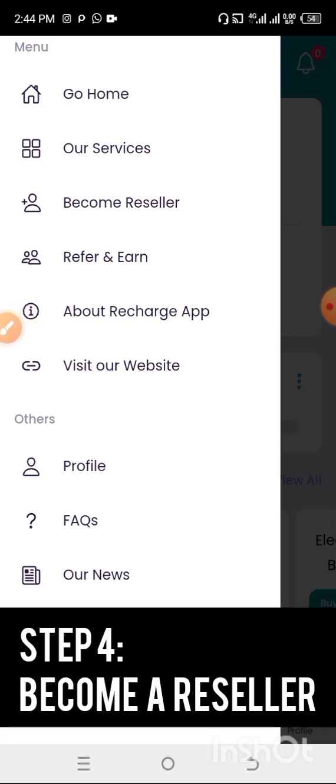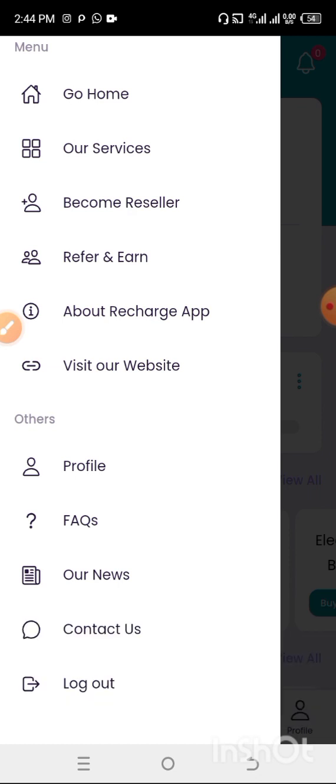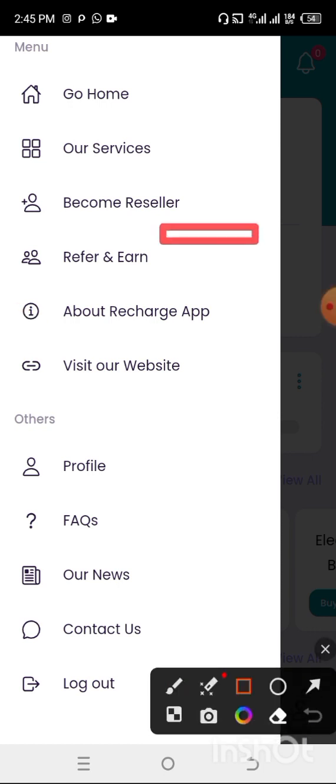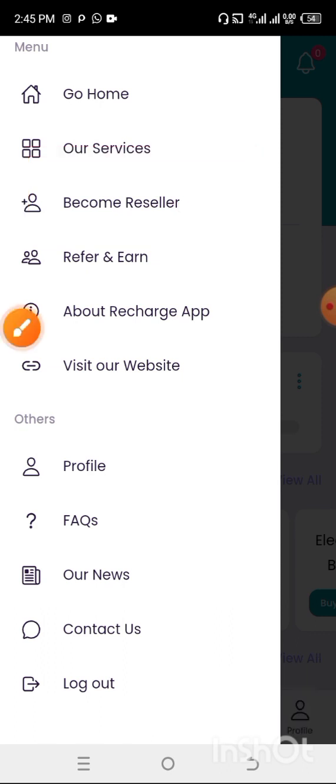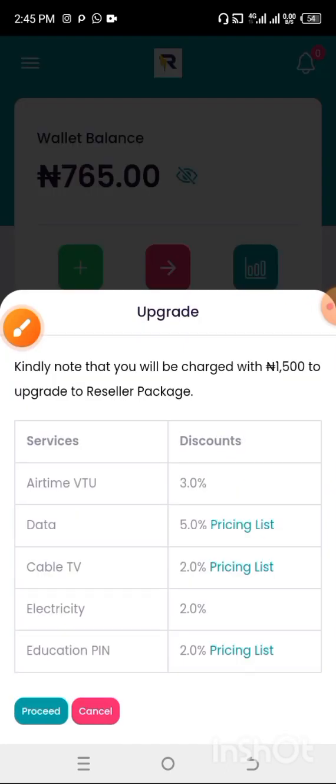So if you want to become a reseller and you want to be getting cheaper, you want to be buying cheaper data, cheaper products, cheaper services on this application, then you need to become a reseller. This is the reseller I'm talking about here. The reseller will give you discounts on all your transactions that you make on the application. Let's open this. As you can see, they will tell you that it charges 1,500 to become a reseller,